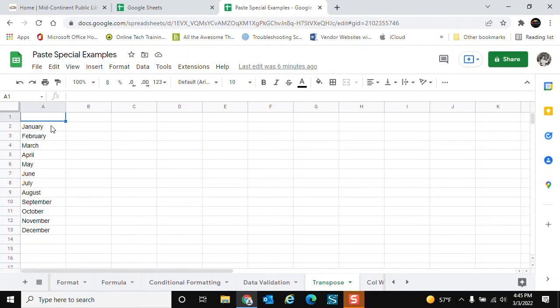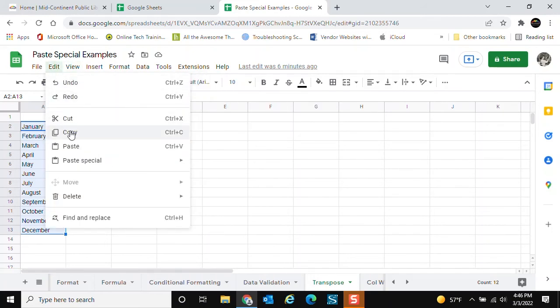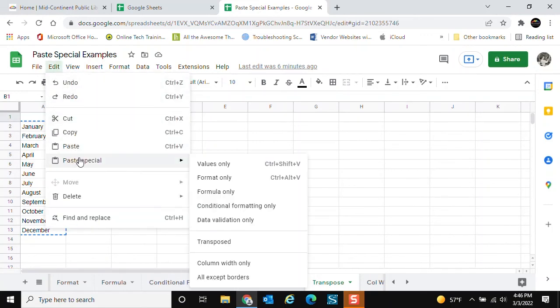So in this case, we realized that having the months listed vertically is just not going to work right. So we're going to copy, first of all, select, and then go to Edit and Copy those particular cells. And let's say that we just want to put them starting at B1 instead. So I'll click in B1. Now we're going to go back to Edit, Paste Special, and this time what we are going to do is